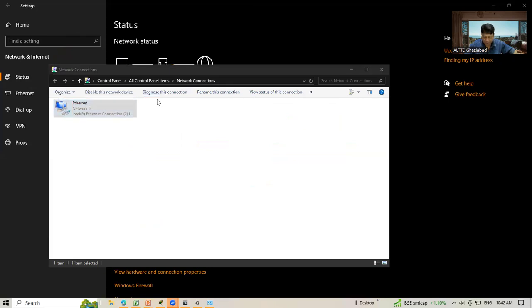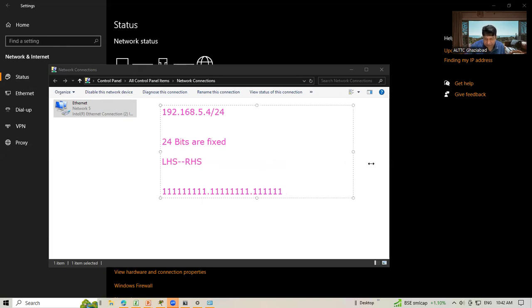Suppose my question is 192.168.5.4/24. The total fixed bits are 24 bits. That means from left hand side to right hand side, 24 bits are fixed. So these are all fixed up to 5. So all these bits become 1. And the remaining part which is not fixed, that becomes 0. If you write the decimal value of this,